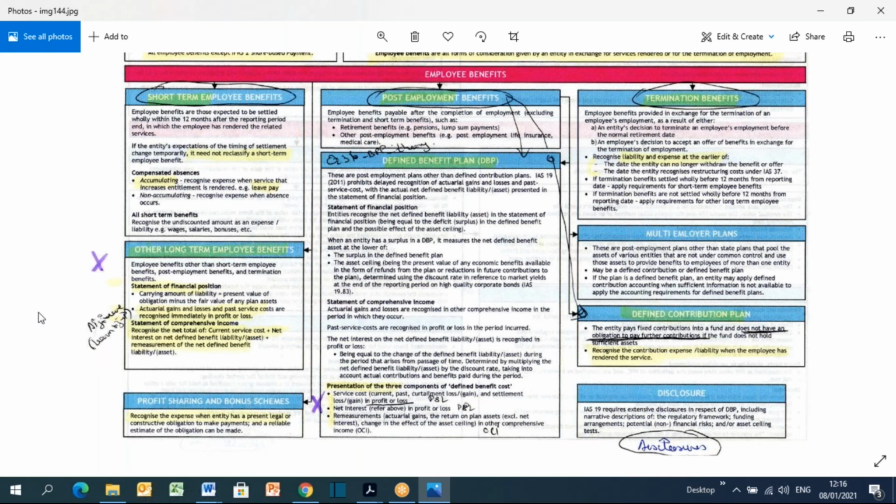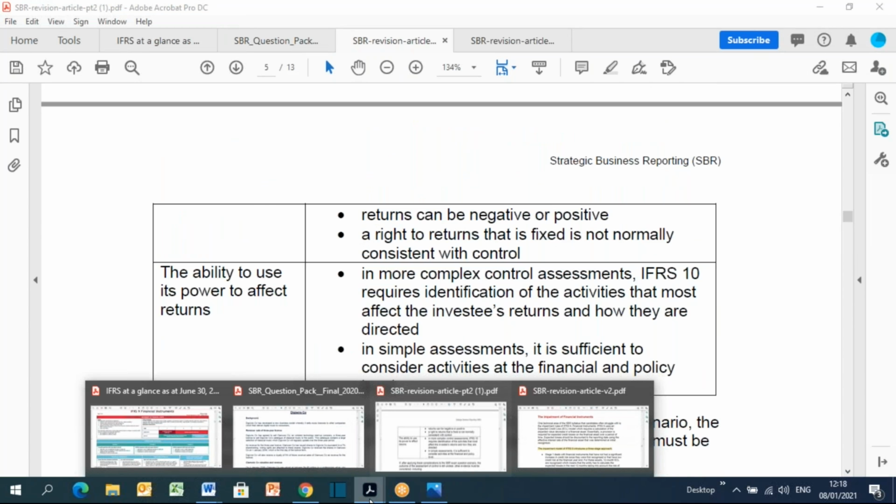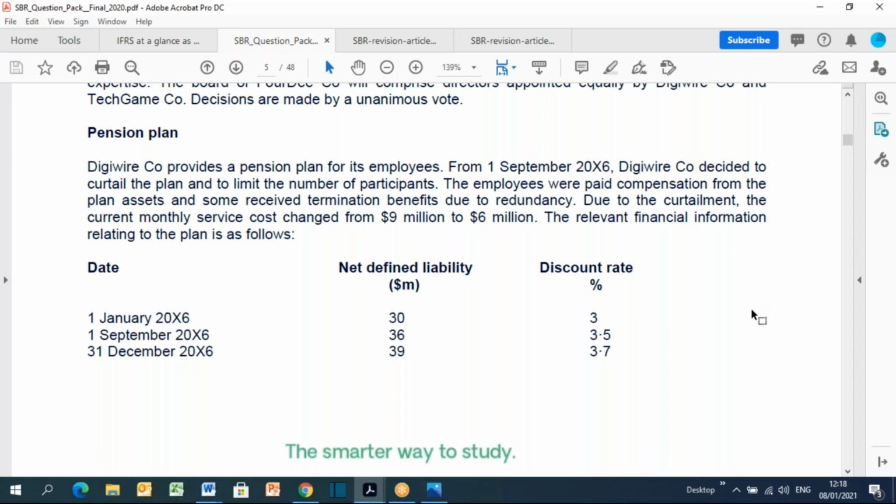Last year there was a question for the actuarial gains or losses to be calculated, and reading the examiner's report, they say that students did not know how to calculate these simple steps. And as I said before, I shared my notes on Google Drive. There is an example here on how to calculate the actuarial gains, that was given as an exam question in, I think, March